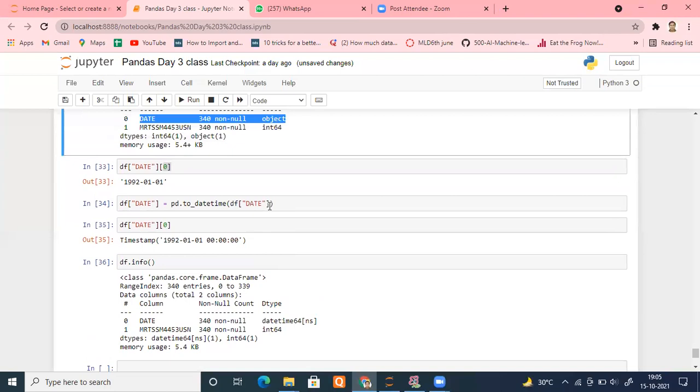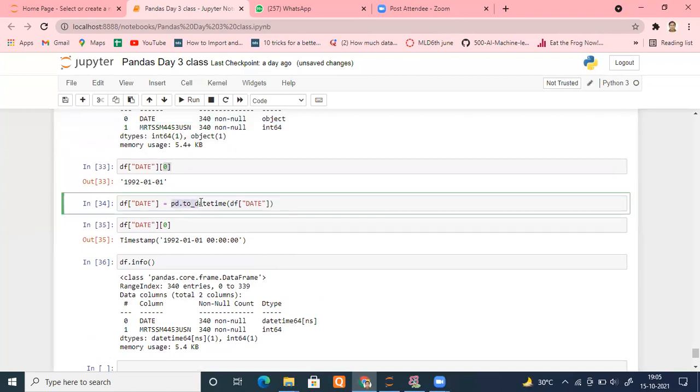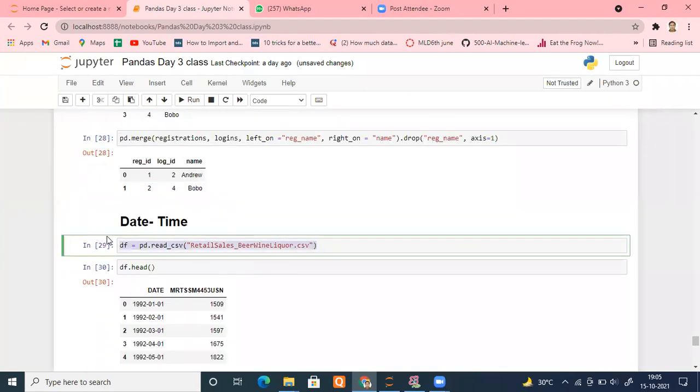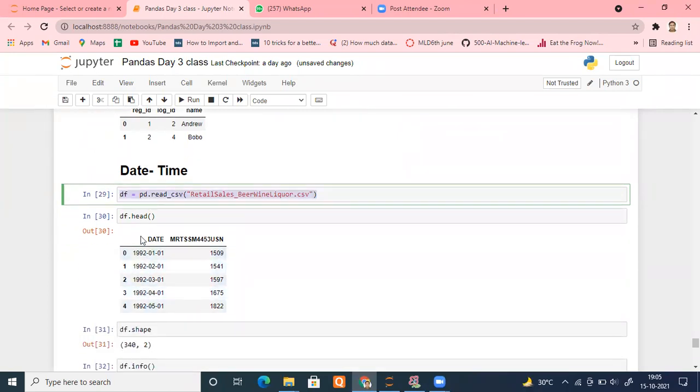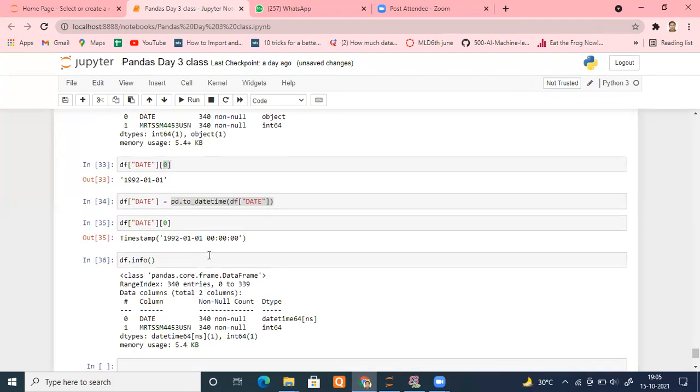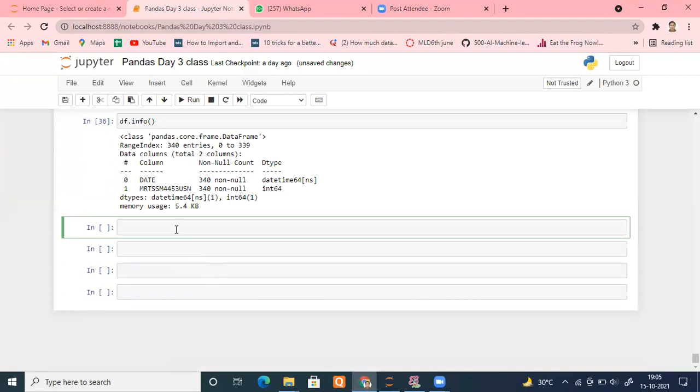One way of converting is to use pd.to_datetime. You can convert it into that. The second way of doing that is when you are reading your file and you already know this is my date column but it is reading as a string. I don't want that. I want to convert it into the date itself. So what you can do...